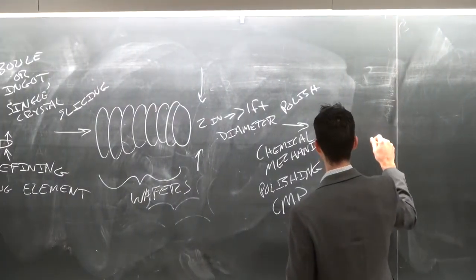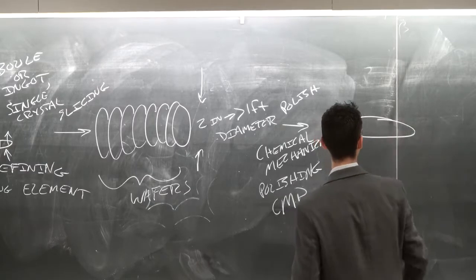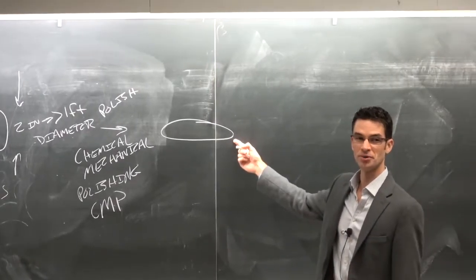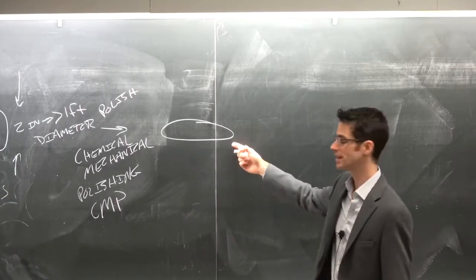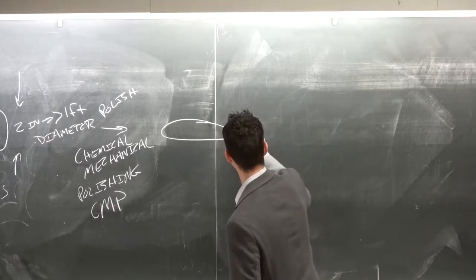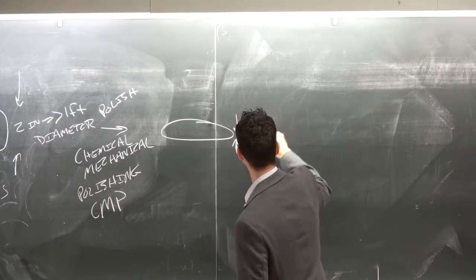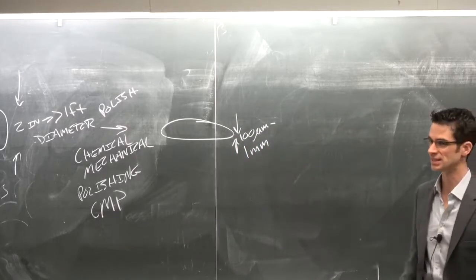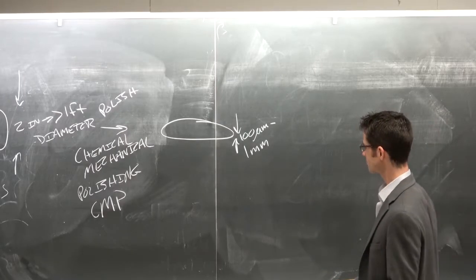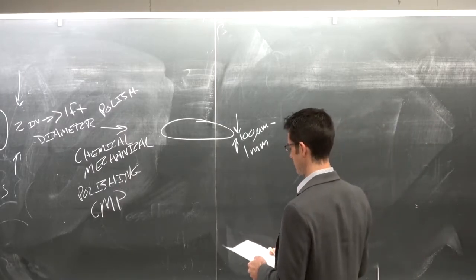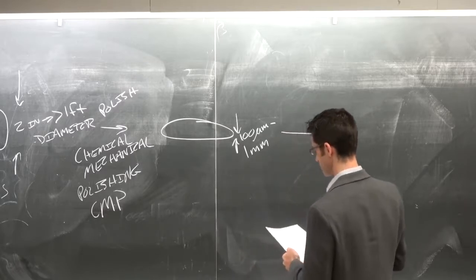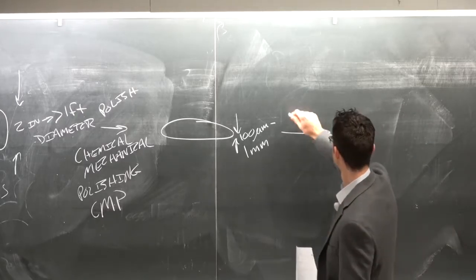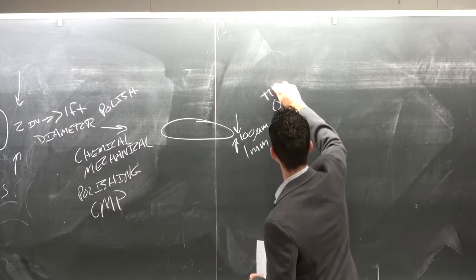And then what you do is you have now a shiny silicon wafer, and this could be anywhere from 100 microns thick to 1 millimeter thick. Probably some exceptions, but in general, this is what it's going to be. And then you put this in a furnace of like 1,000 degrees Celsius. So this is the thermal